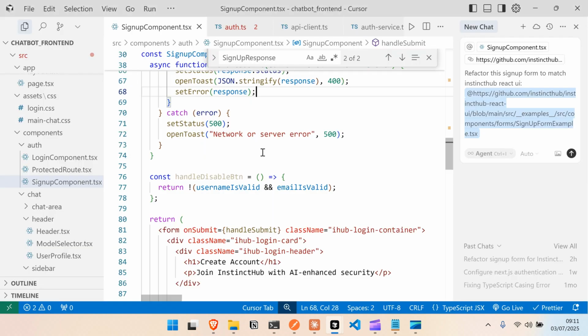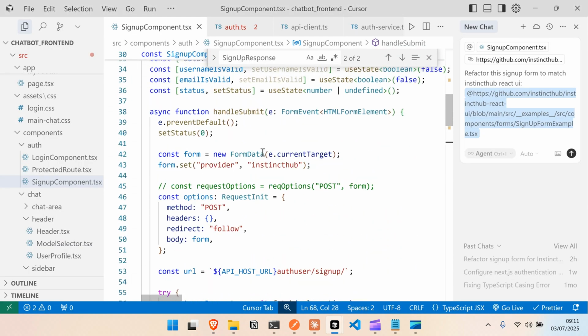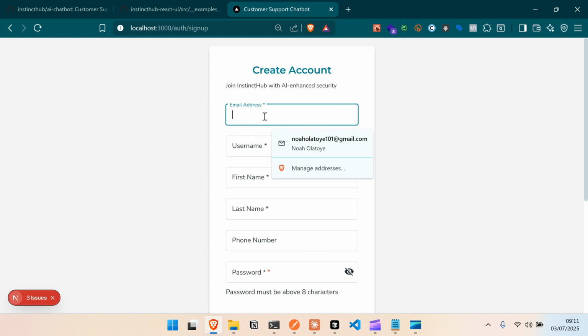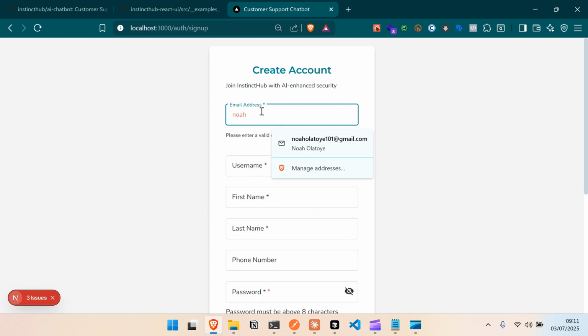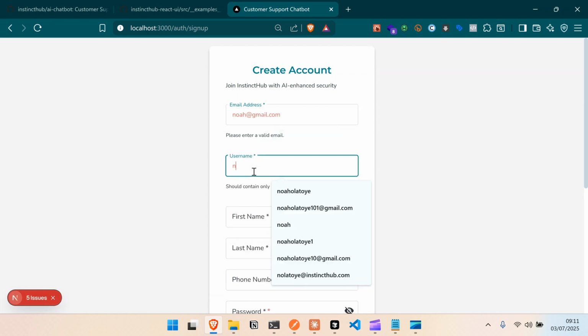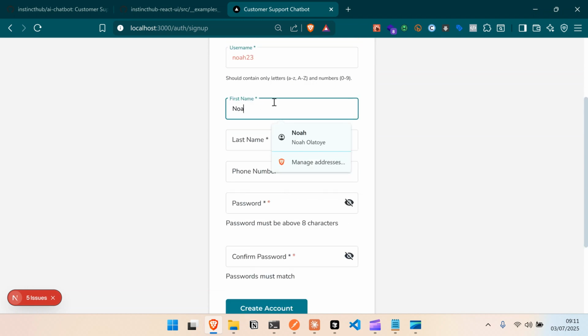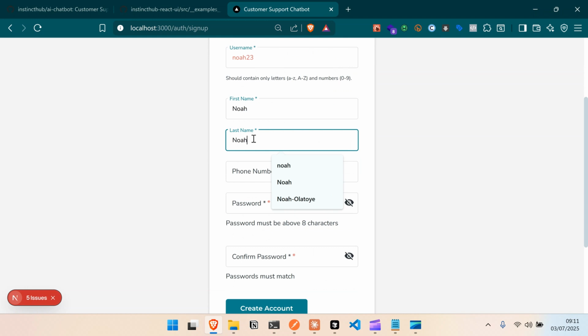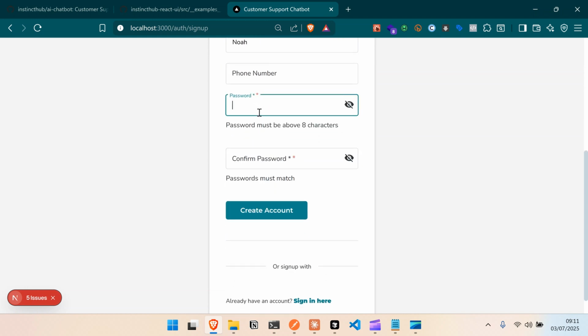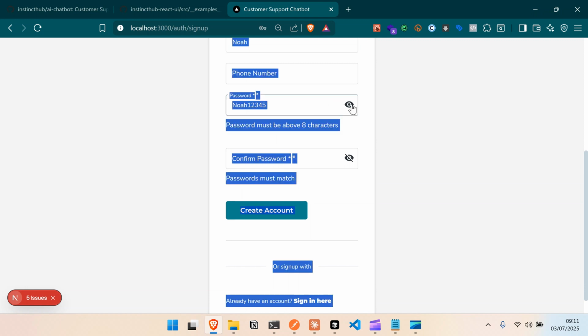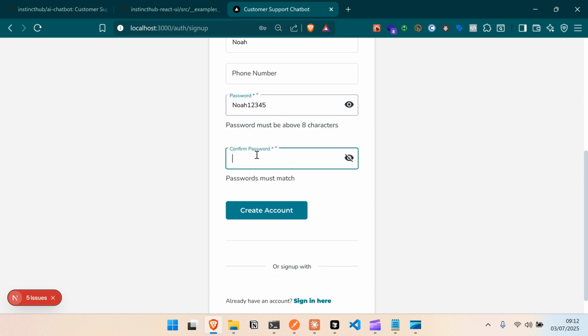But in our form, did we even in any way prevent default? Yes, we did. So let's try something else. Gmail.com Noah 323. We have Noah. We have Noah again. Then we have Noah 1, 2, 3, 4, 5. Let's copy all of that. Just put it here. So now,